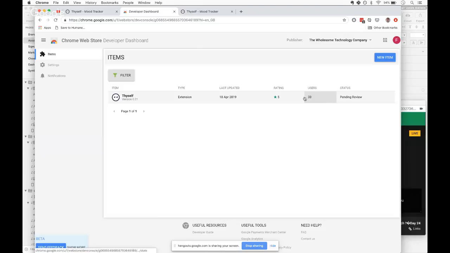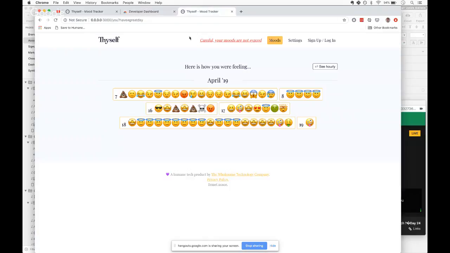So I'm going to find a way of changing that in the Chrome extension, because I think that review cycle is just way too long. Particularly if I introduce a bug, it's going to take me a long time to get that fixed. So that's not ideal. So cool, that was the focus yesterday, just prompting people to sync their moods.